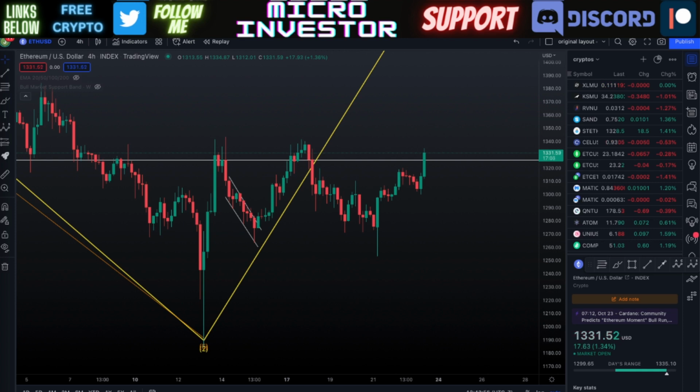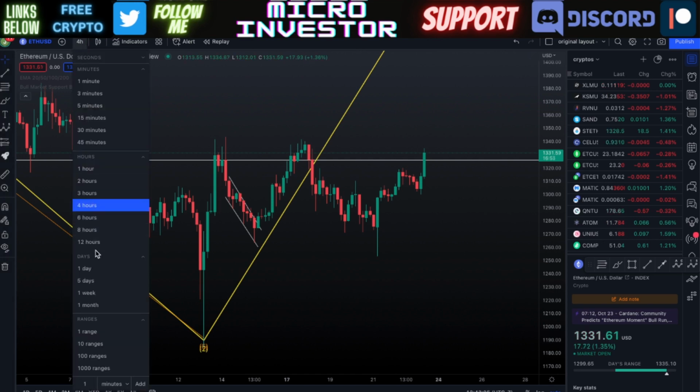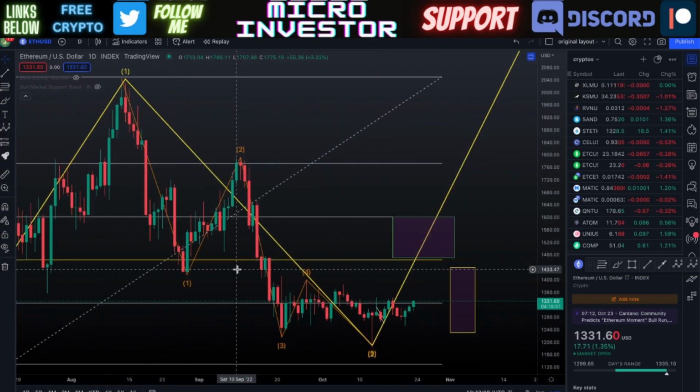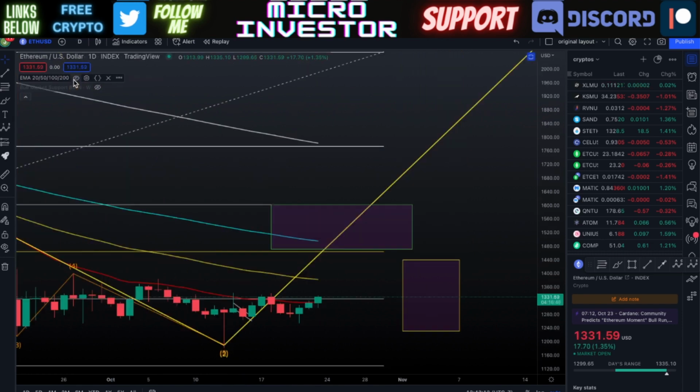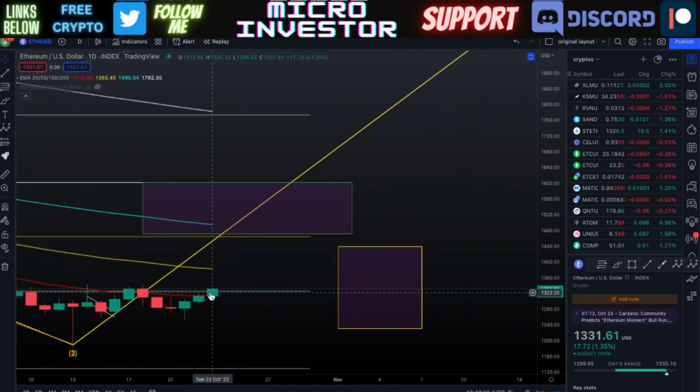this Fibonacci level. But there's also another key thing at this level, and that is the 20-day moving average, and the 50-day moving average is around right there. So let's look over at our daily chart and look at what we have going on. On our daily chart, you can see that we have our 20-day moving average that we just pumped through, and our 50-day moving average is around the price of 1379.